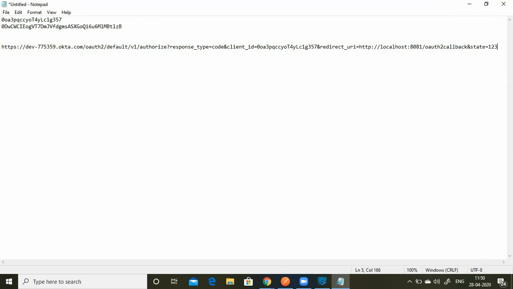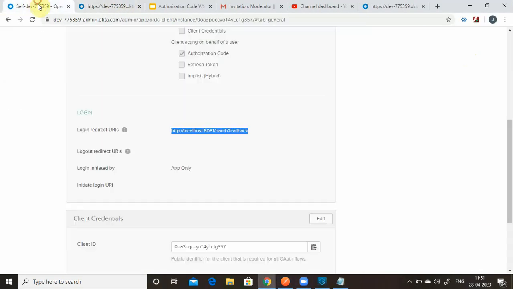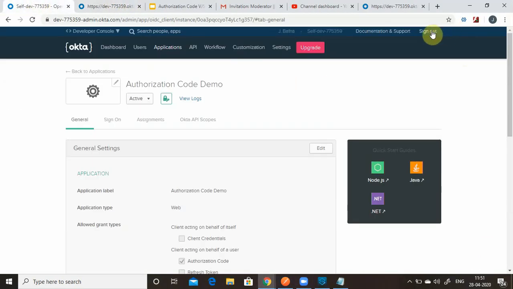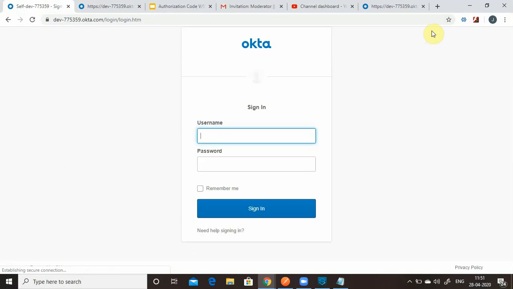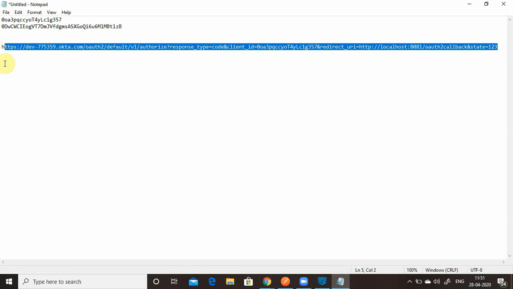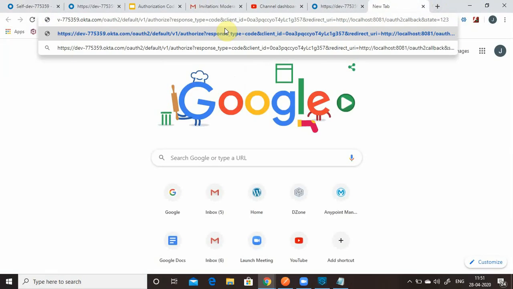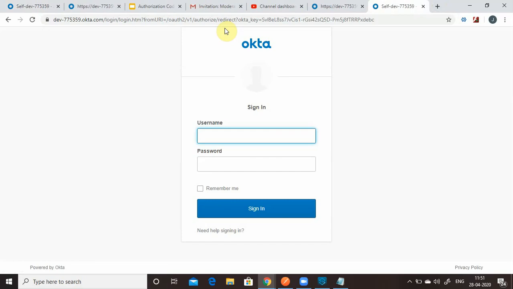You can give any state, like 1 2 3. Now I will log out of Okta. Otherwise it will not pop up the screen, it will do the single sign on. Let me copy this particular URL and enter it. Once you enter it, it will redirect me to the resource owner.